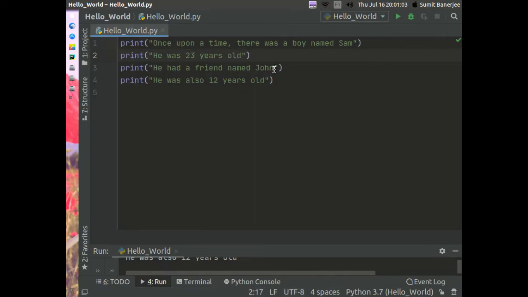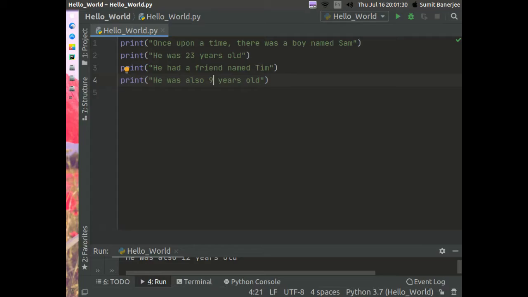And then I want to change his friend's name to Tim and make him younger. So I just manually go to every place and just change the value.